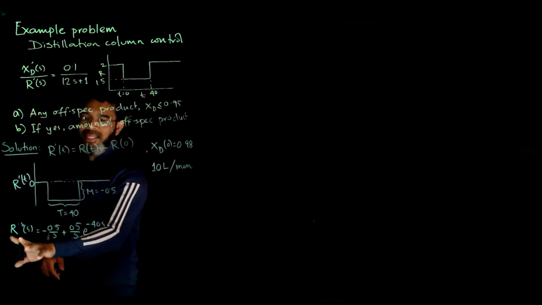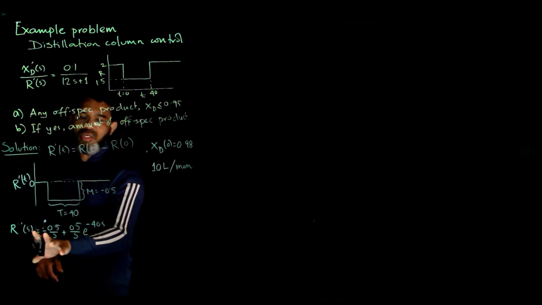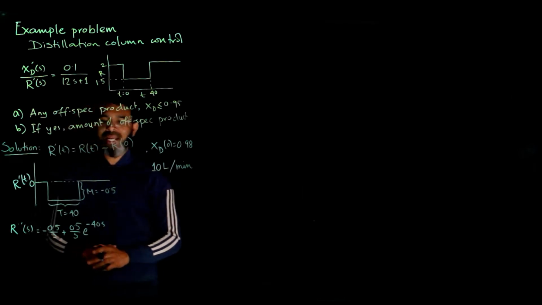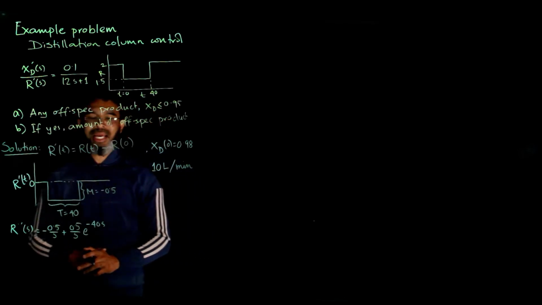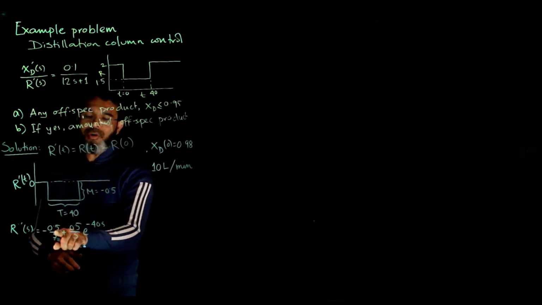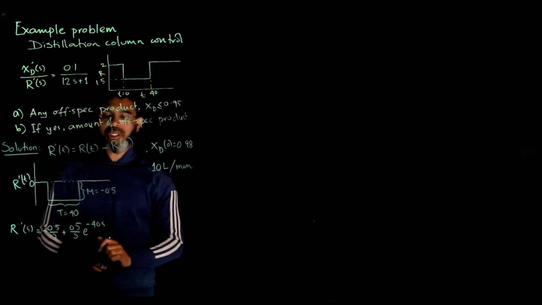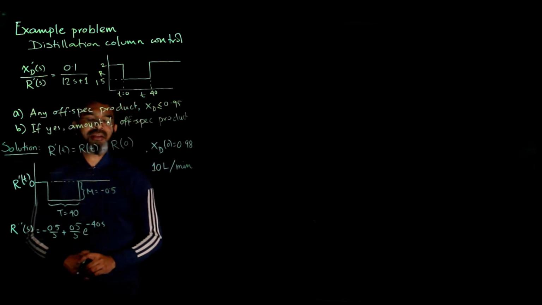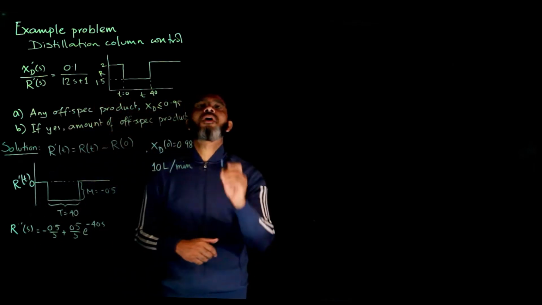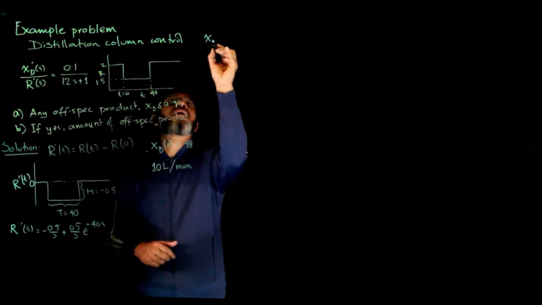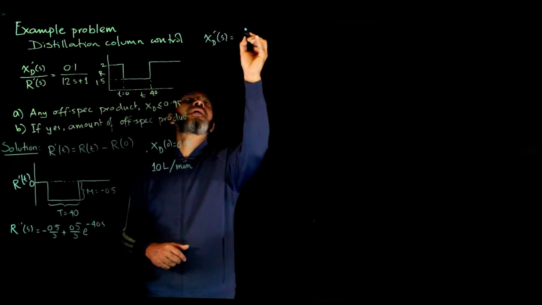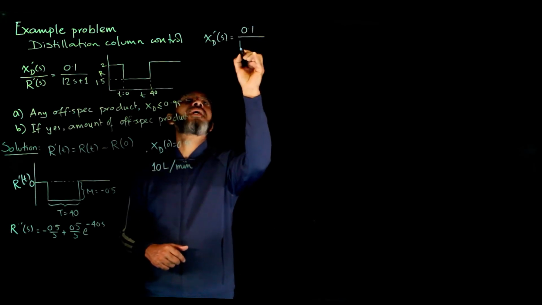Okay. So in the Laplace domain, r prime s is written as m over s minus m over s e to the power negative capital T s. So we'll have negative 0.5 over s plus positive 0.5 over s e to the power negative 40 s. Okay. Now let's look at the response of this. So xd prime s will be then 0.1 over